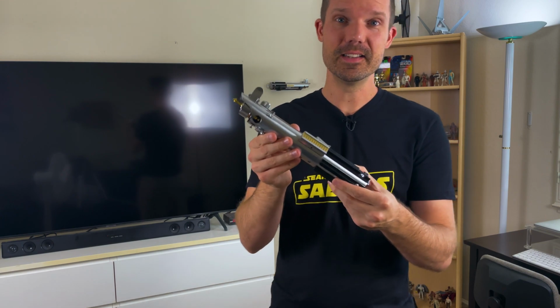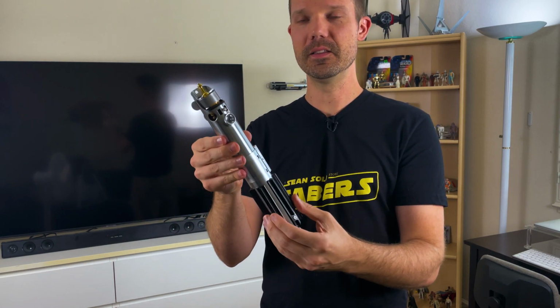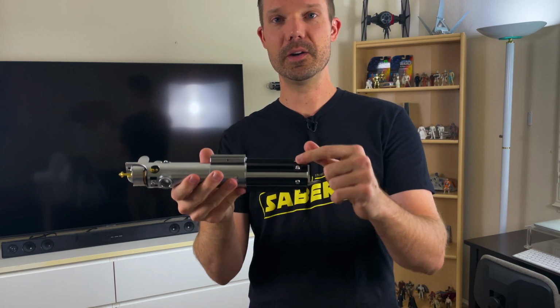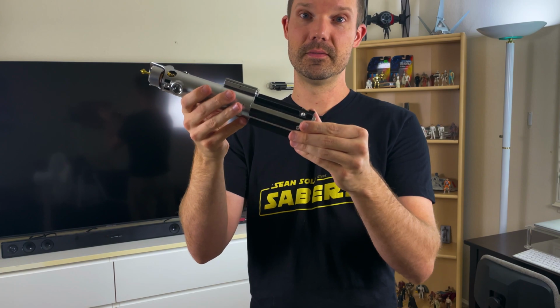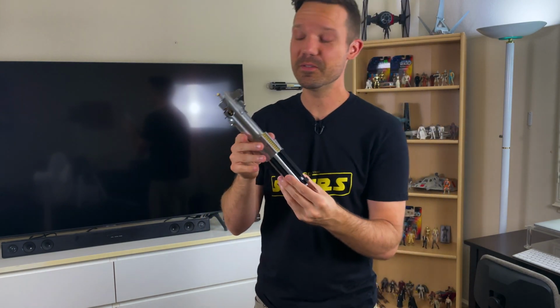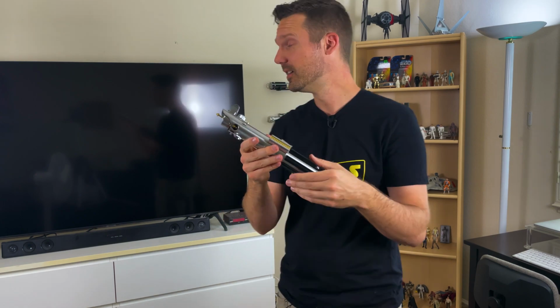This is by 89Sabers, and this configuration is actually the Force Awakens, and you can tell that because right here you have the glass eye, but you also have the Empire Strikes Back style grips, and you can tell because they have those little rivets on them, and there's only 6 of them. You can go super deep. When I first started looking into these, this was like the first replica lightsaber I really wanted, and now I